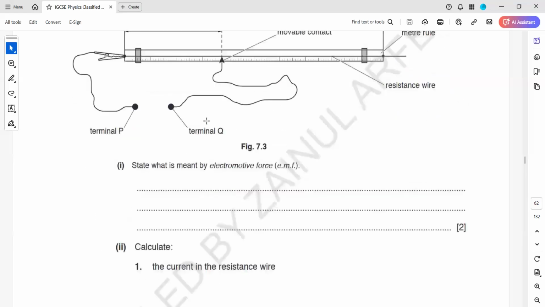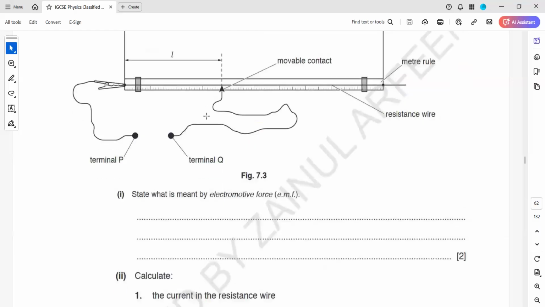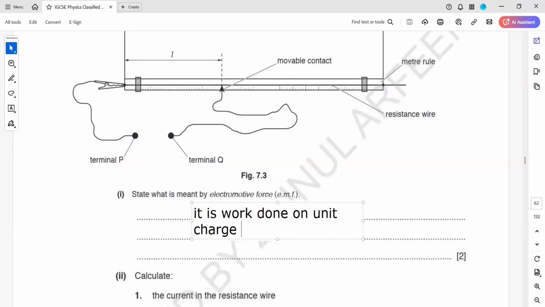State what is meant by electromotive force, EMF. What is the meaning of the term EMF? Then as the resistance increases, will the voltage increase? As the voltage drop across the component increases. So what is meant by EMF? Electromotive force. It is the work done on a unit charge to move around a closed circuit